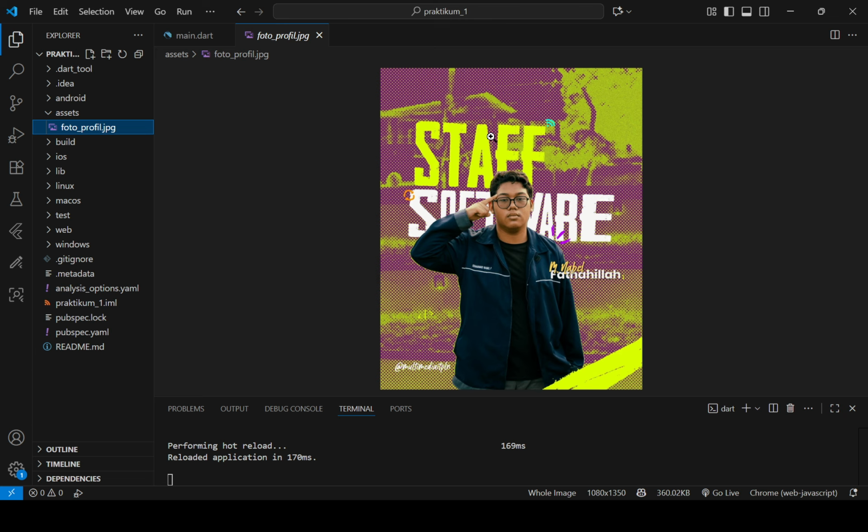After we make the assets folder and import the picture, we must register the root of this folder inside here